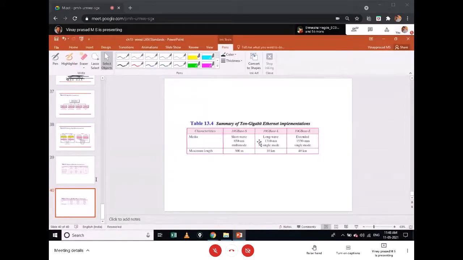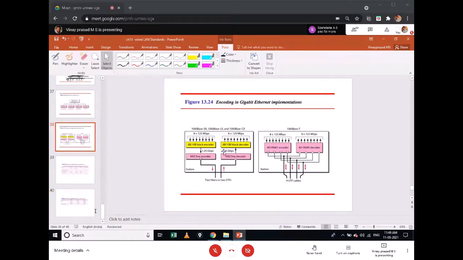Okay, the media were completely fiber-based implementations: short wave, long wave, and extended. They might operate with different optical windows like 850 nanometer, 1310 nanometers and 1550 nanometers. And the maximum length might be like 300 meters, 10 kilometers and 40 kilometers. We don't need to worry about the specification they use with respect to line coding and block coding. You should just know what the implementation was and what distance it was meant to cover. Up to here, for 10 gigabit, you should know all these implementations.